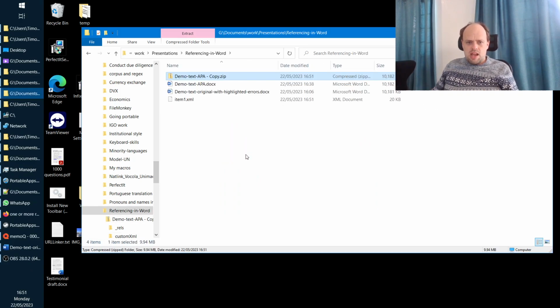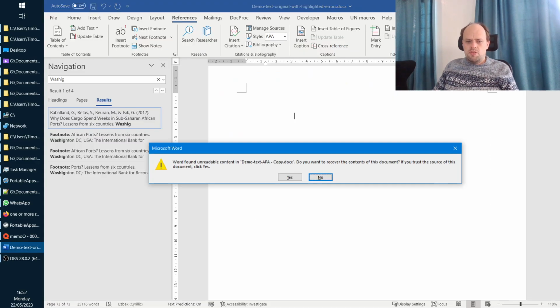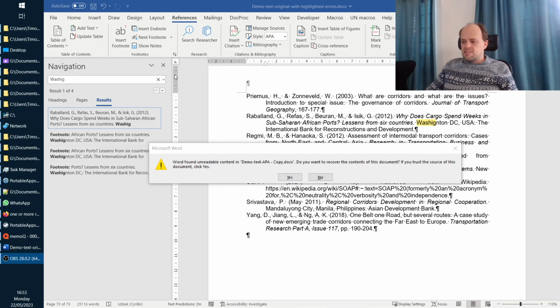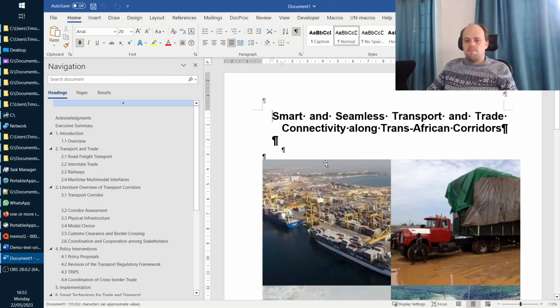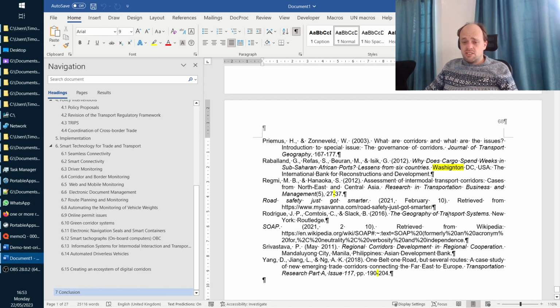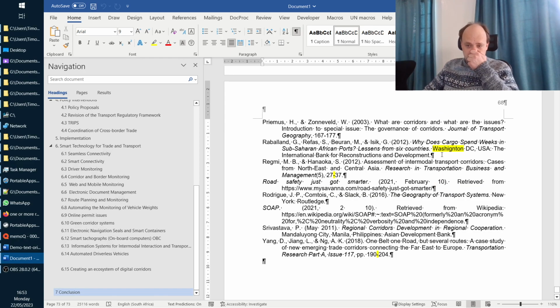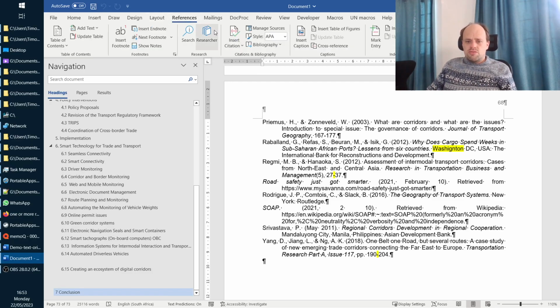Then go back up, and now we're going to rename this zip as docx. We're going to open it. Now don't worry if you get this error message, just click on yes. And you'll see everything's still there. Now if I go down to the bottom, we still see these errors, but that's because we haven't changed the content of the document. We've changed the content of the references. So if I go to Ravelin now,